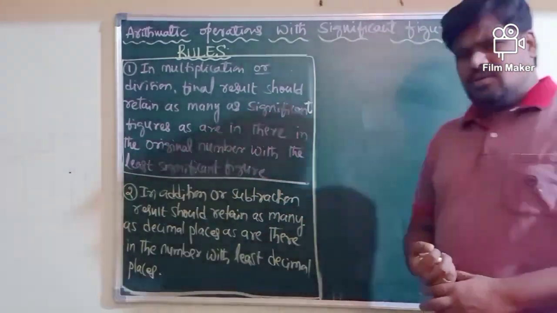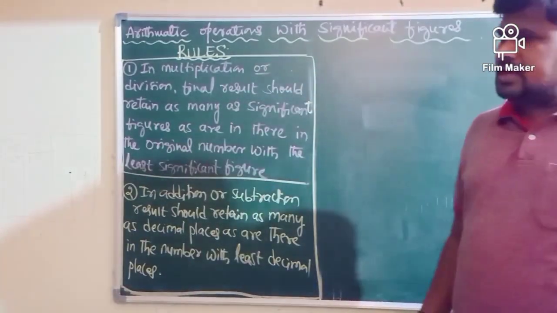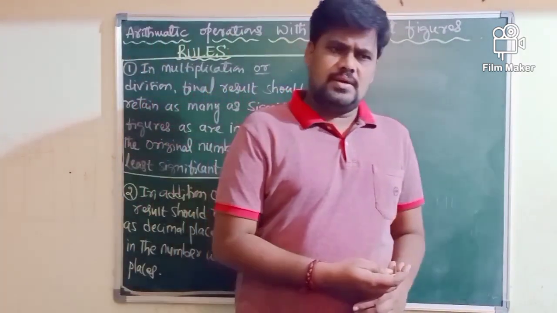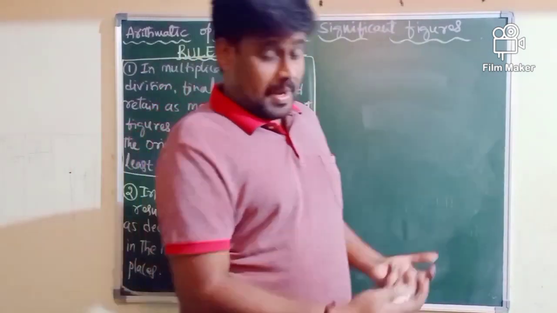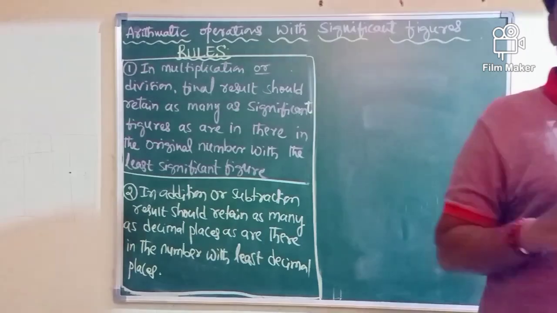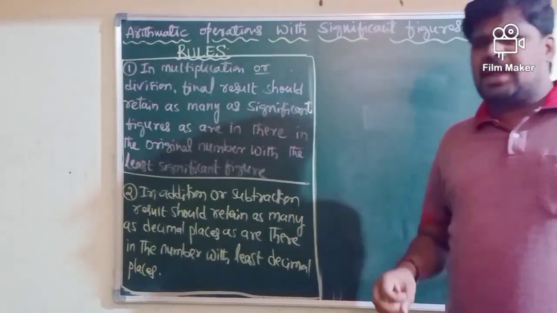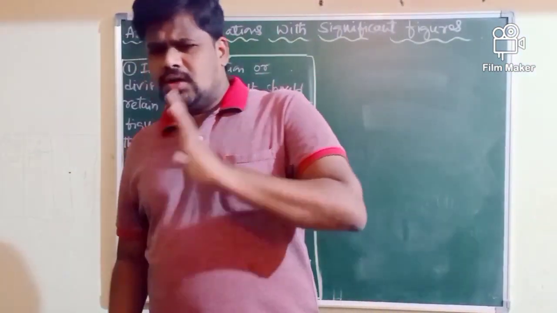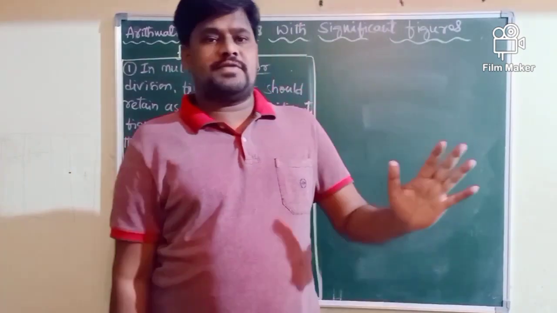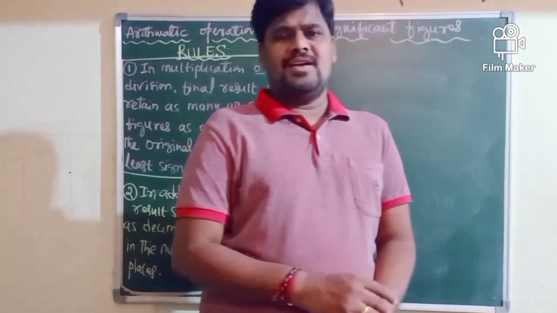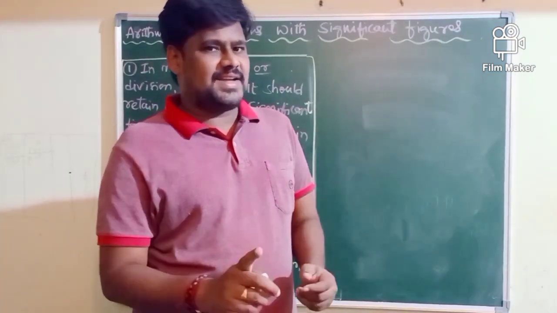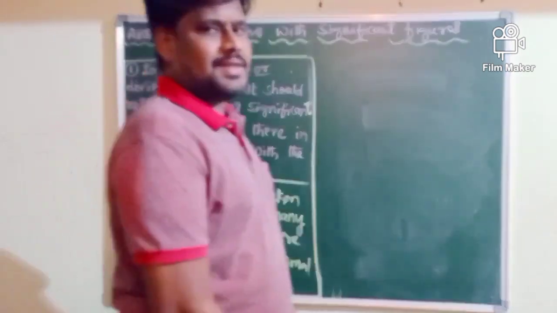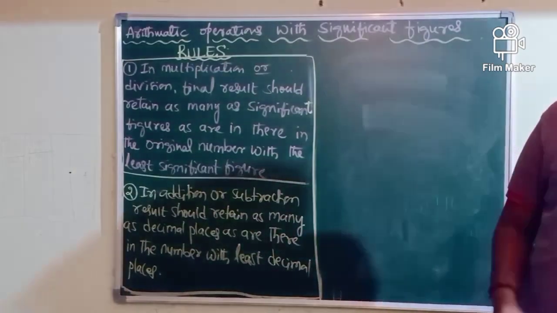That is the question. Physical quantities or measurements, you multiply; physical quantities, you divide. You are adding the measurements, you are subtracting the measurements. Your question is, after multiplying, dividing, adding or subtracting the number of measurements, what result you are writing? How many significant figures should be reported in the final result? That is decided on the basis of what? Some rules which are used for the arithmetic operation with significant figures.